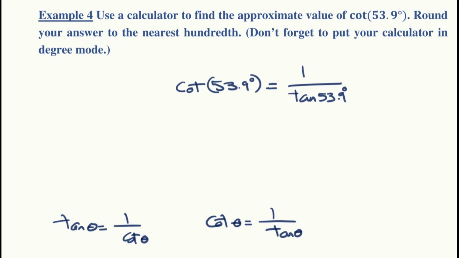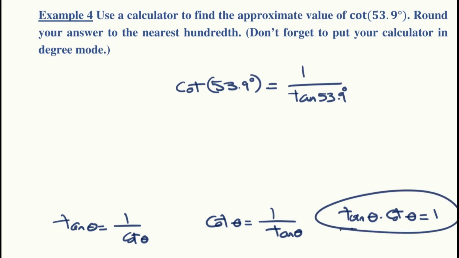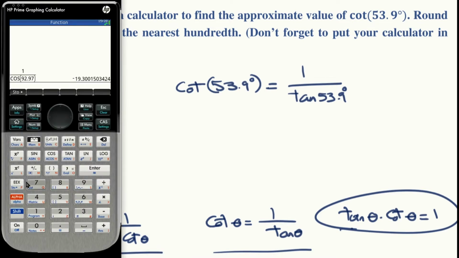Okay, so the fact is that tangent of theta times cotangent of theta equals 1, right? So you can go ahead and solve this particular equation for either tangent or cotangent, and you'll get either this result or this result, right? So now what we're going to do on a calculator is we're going to type 1 divided by tangent of